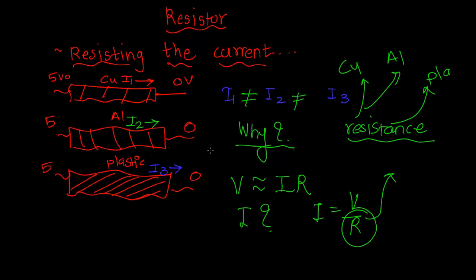And if you ask me, there will be no current through the plastic, because plastic is not a conductor. That means it has a lot of resistance, whereas copper and aluminum have very little resistance, so a lot of current is going to flow through them. So that's how resistance is defined. Resistance is a property of a conductor, semiconductor, or insulator. Each of these materials has some resistance, and depending on its resistance, it allows the current to flow